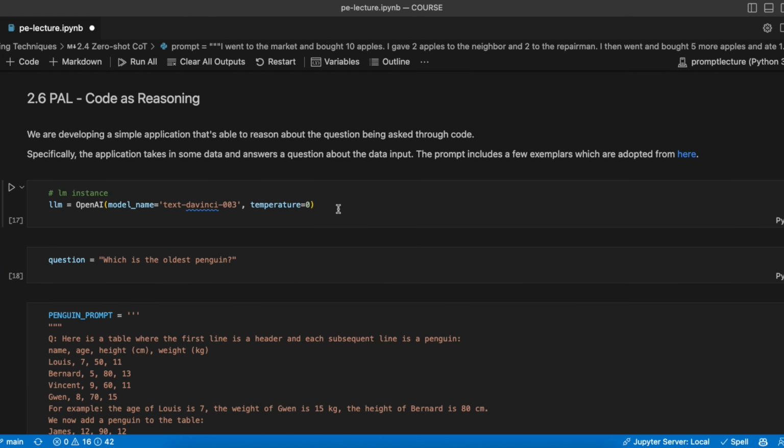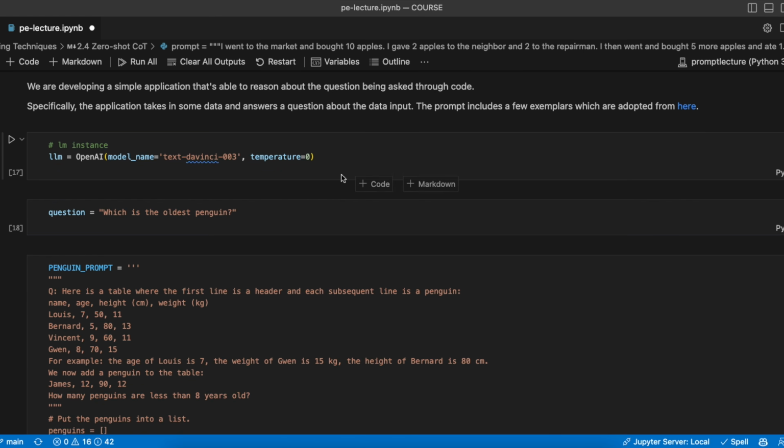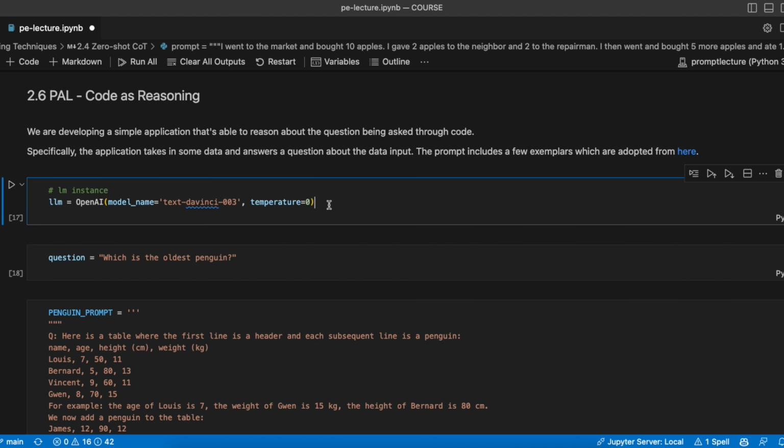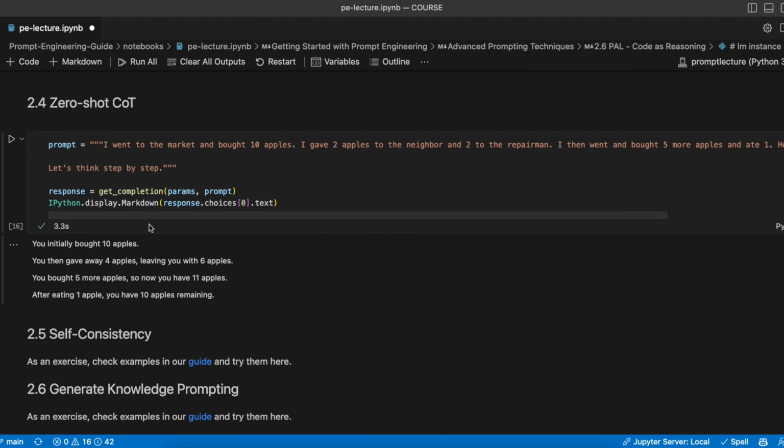We spoke a little bit about how language models can be used in combination with other tools and external sources as well. And here the idea is that we want to use the Python interpreter to do these intermediate steps to solve the problem. So we are going to see it in code how that looks. This is really exciting. So for this one, we are going to actually use